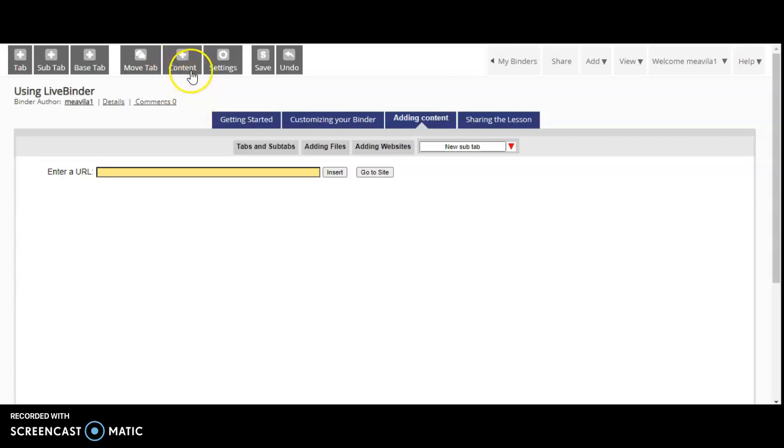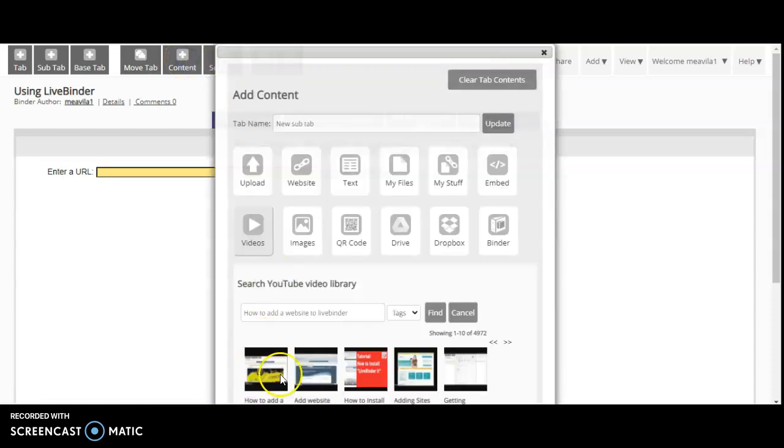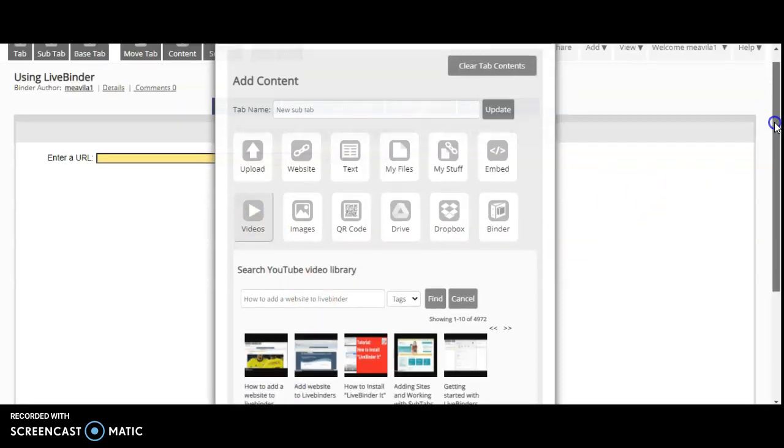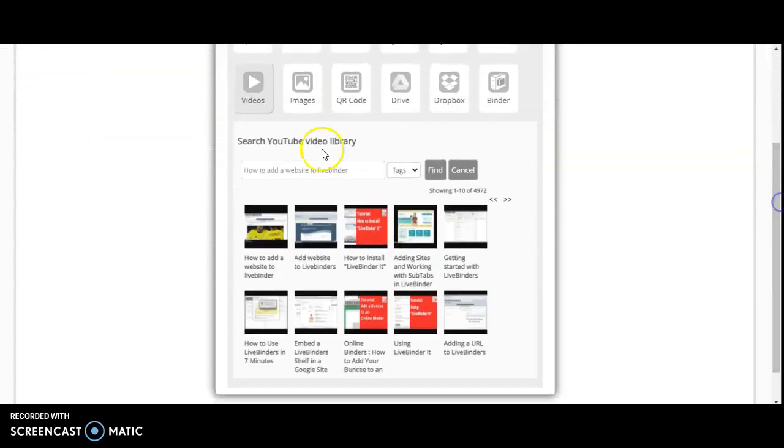What we need to do is to click on the content option at the top of the screen, and we're going to select the option videos. At the bottom you will have a search button. You enter the topic